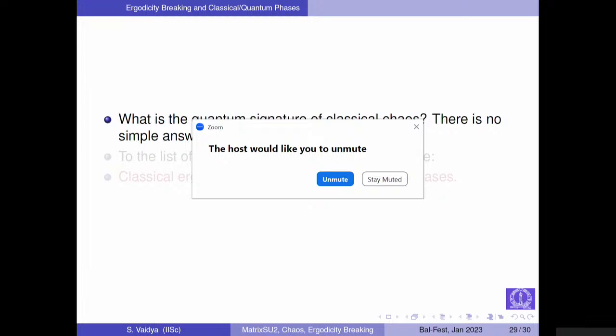So the question of what the quantum signatures of chaotic dynamics are is, of course, not settled. There are many answers to it, each one both attractive as well as with its own drawbacks, and there is no simple answer. But we would like to muddy the question further by adding that classical ergodicity breaking is what signals quantum phases as one of the